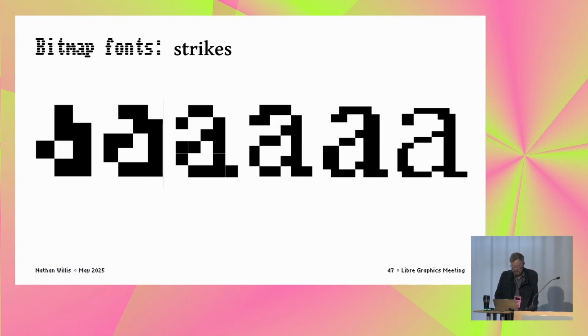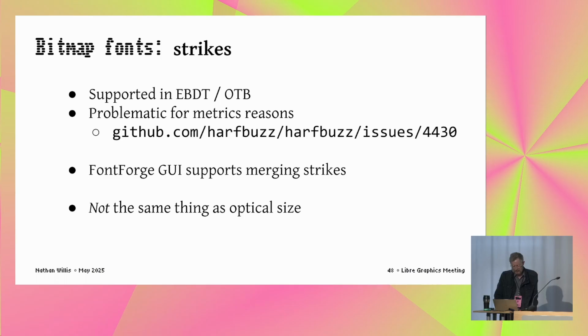That's the point there. The harder question is about what you do with an entire family. Each font in a bitmap world comes in a strike, which is the size in pixels. And that's something that bitmap formats have, but doesn't really map into OpenType's worldview. You can have multiple bitmaps in an OTB file, but it's kind of problematic because HarfBuzz and FreeType don't know what to do with the metrics, which is changing. The only tool I've found that actually merges several of them together is FontForge in GUI mode. I don't think it's exposed as scripting.